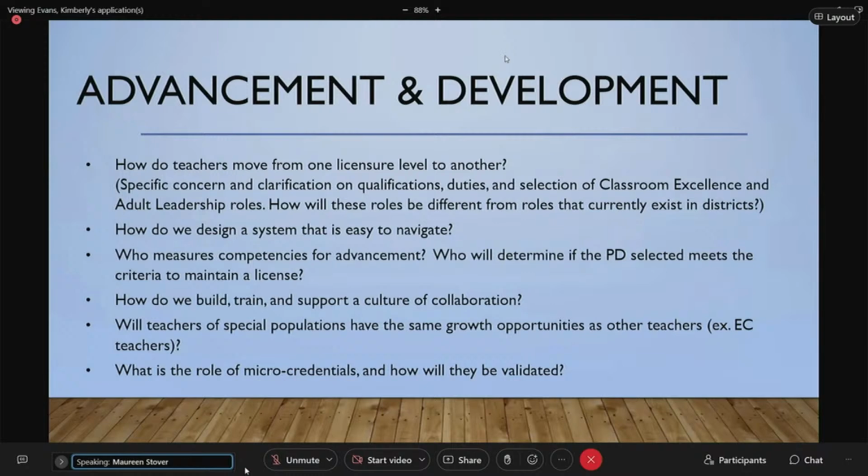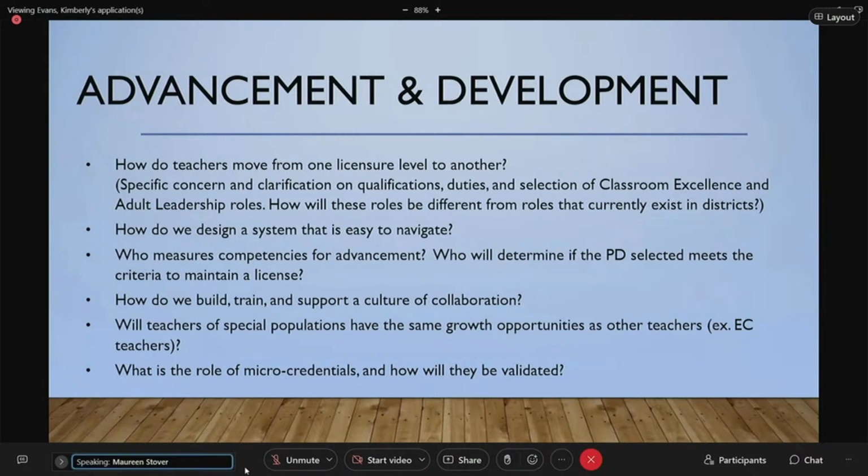So one of the main comments that we received throughout the feedback sessions was that there are teachers that are very concerned that this model is going to make things competitive and not collaborative. So we, as the Advancement and Development Committee, really need to think through some of the different ways that we can build into the model to ensure that this is collaboration where teachers are being supported in their teaching practice and have the people that they can reach out to that can come in and assist them